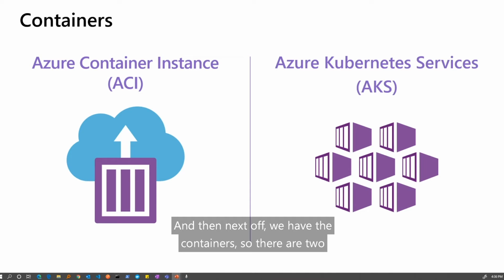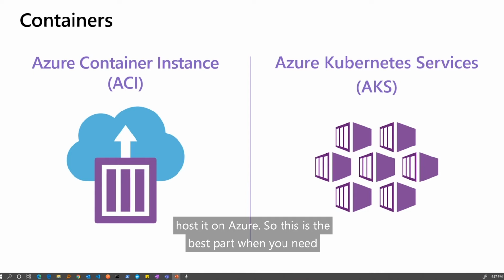And then next up, we have the containers. There are two ways to deploy your containers to Azure. One is Azure Container Instance, the other is Azure Kubernetes Service, AKS. Azure Container Instance, ACI, allows you to really quickly deploy your container image and host it